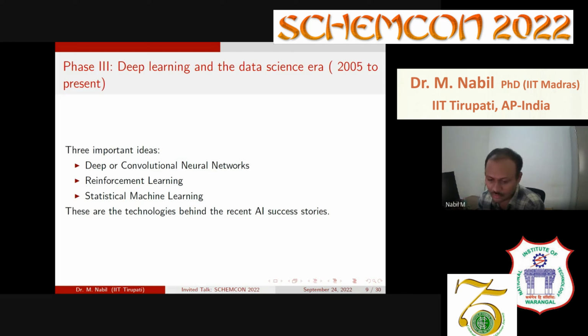The same we can do for process applications also. If I want to optimize the process by interacting with the process, how do we make better decisions? That is all about reinforcement learning. And thirdly, statistical or probabilistic machine learning, which is to represent the process in an uncertain environment. So these are the technologies behind the recent AI success stories, not in chemical engineering or process engineering, but in